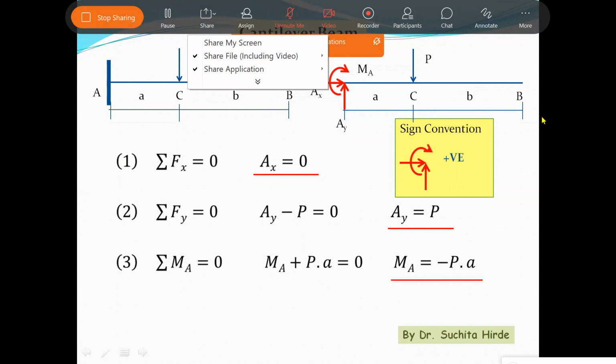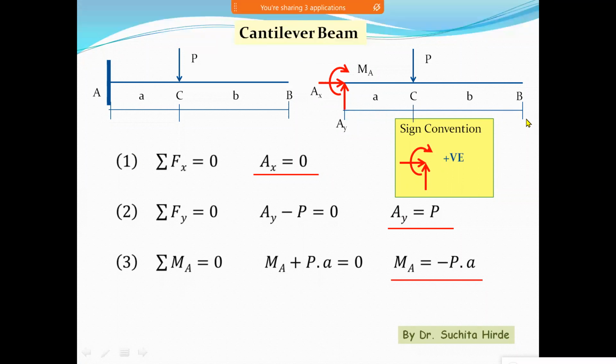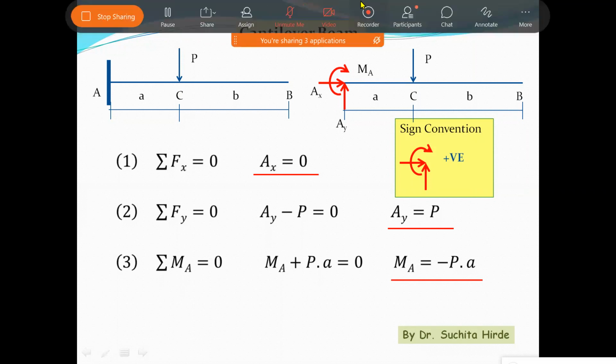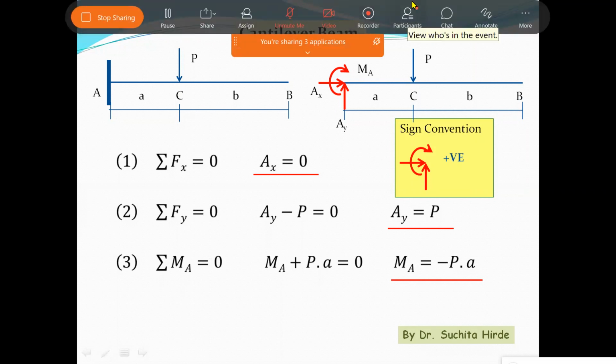Okay. Now suppose while teaching, a student has any doubt, then they can raise the hand. Now from my mobile, I am raising the hand. Let us see how we can see that on our screen. If any student raises the hand, then you can see here a small red dot on this participant menu.